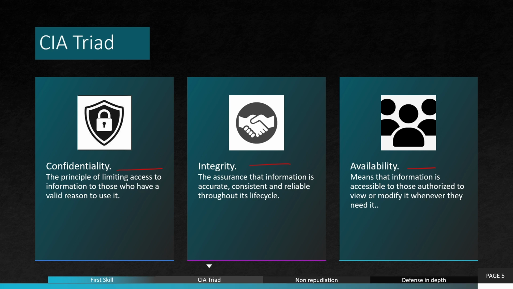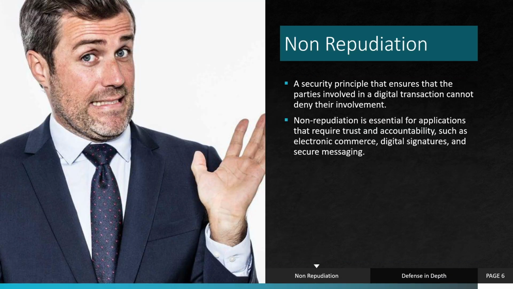Microsoft again offers a wide range of technologies that's going to be helping organizations to ensure the availability of their information assets, such as Azure Backup, Azure Site Recovery, Azure Availability Zones, Microsoft Load Balancer, Azure Service Fabric, and of course, Azure Traffic Manager. So we've talked about the CIA triad. We are going to be moving on to a fourth related and equally important concept, and that concept is the